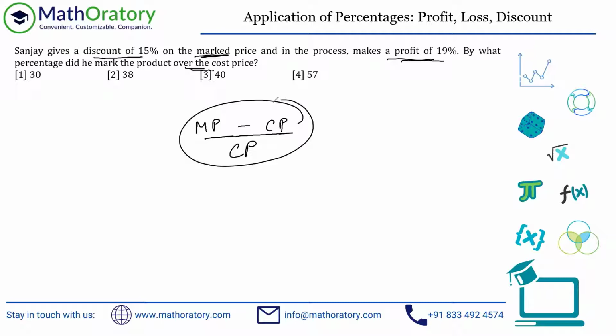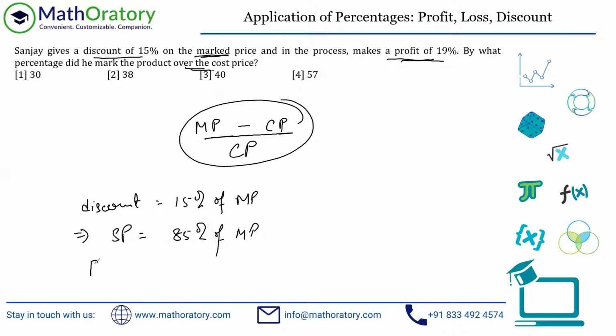Anyhow, let's get into the data pointers. So first of all, we know that there's a discount of 15%. The discount is always applicable on mark price any which way, and the question explicitly says that as well. So if there's a discount of 15%, the discount is 15% of the mark price. So this implies that the SP, or the selling price, should be 85% of the mark price, right? Because after you give a discount on the mark price, you then get the selling price. So MP is 100%, and then you are taking off 15% from that. So you're getting 85%, as simple as that.